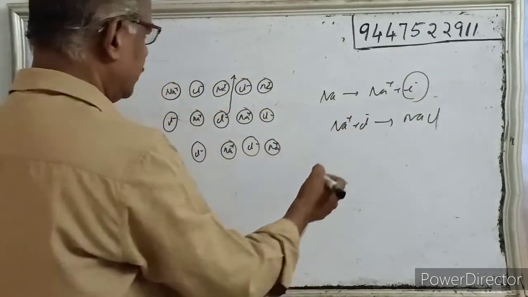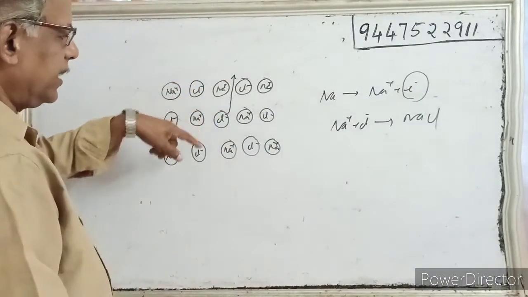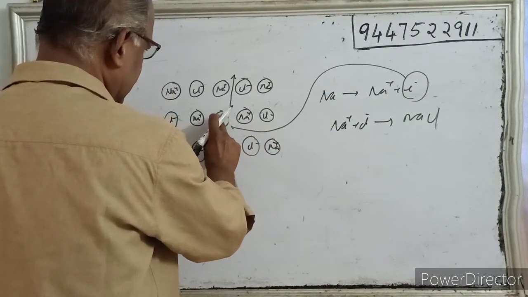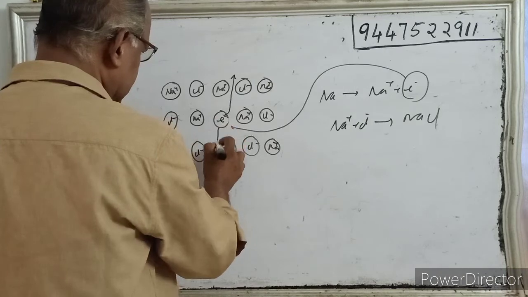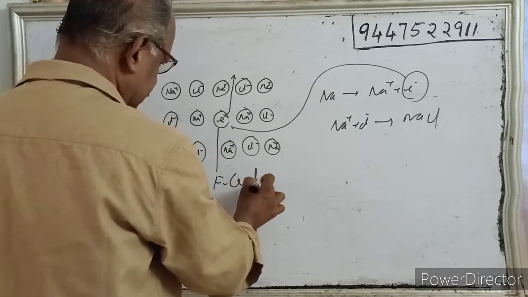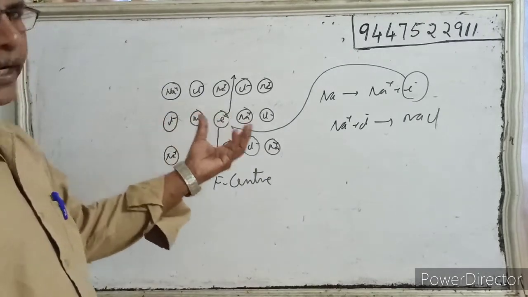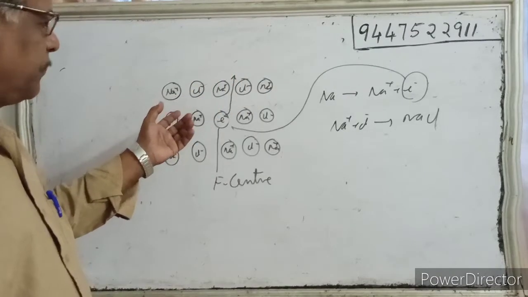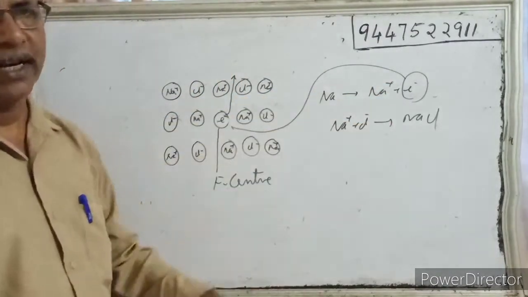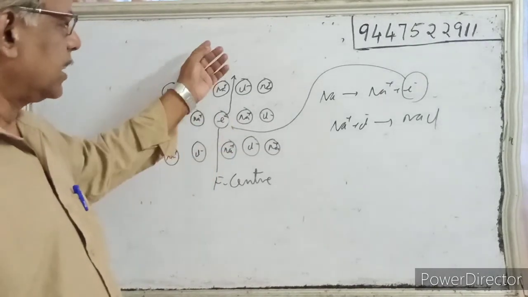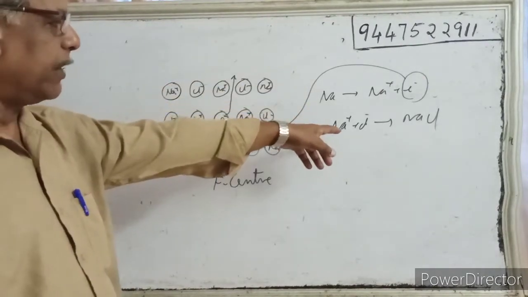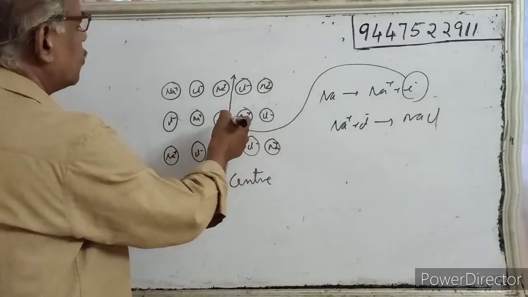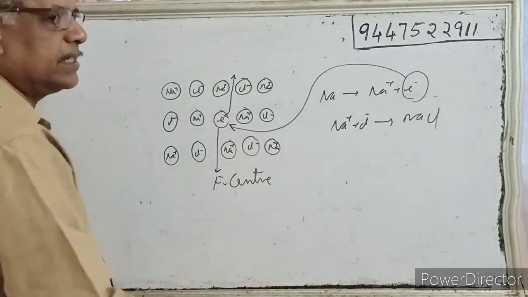But there is one electron, and this electron will occupy the vacant anion site here, and this is called the F center. So when a colorless sodium chloride crystal is heated with sodium vapor, the sodium will accumulate on the surface and ionize to give sodium ions and one electron. Some chloride ions will migrate to the surface and combine with the sodium ion to form sodium chloride. That vacant space is occupied by that electron, and that is called the F center.